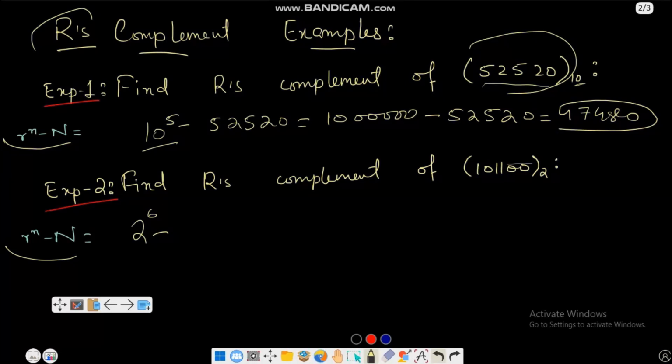N is going to be the actual number that I have, so I have 101100 here. Now what do I need to do? I need to find out 2 power 6. 2 power 6 becomes 32, 64. 64 minus